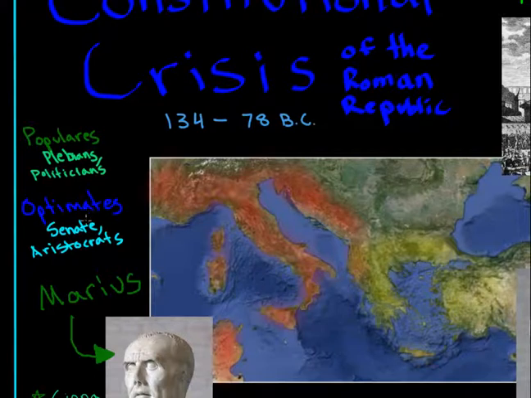The optimates, on the other hand, saw this as a degradation of the republic, because if the masses got too powerful, if it turned into a pure democracy, the Senate and the aristocrats would lose their power, and this would ruin the republican system. Part of a republican system is that you have a democracy aspect, which is the plebeian council. You have an oligarchy part, and that's the Senate. And you have a dictatorship part, represented by the consuls, who were the executive administrators. And so, in the optimates' minds, the populares were